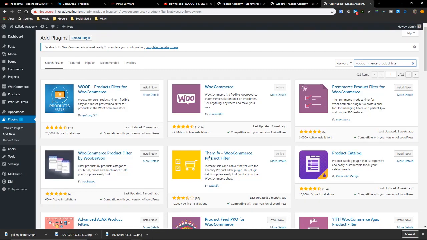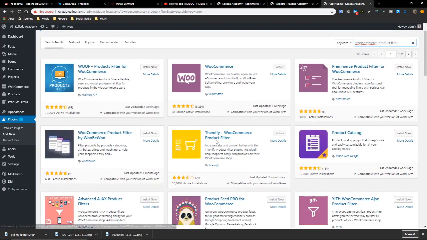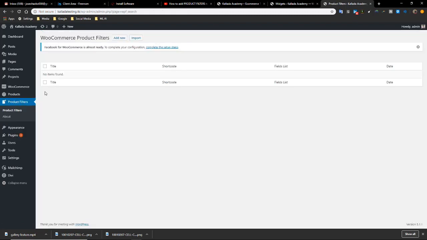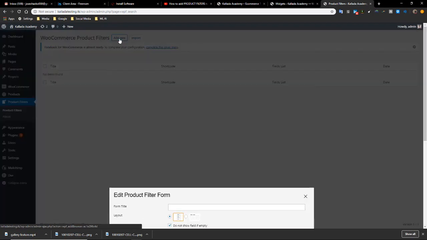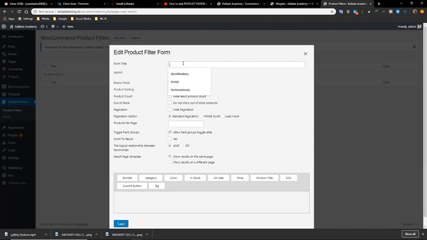So this is the particular product that we are looking at. This plugin should be installed and then activated. And once you go to the product filters plugin, you have to create a new filter initially. So add new, click on add new to create a new product filter. So you can give it a title like